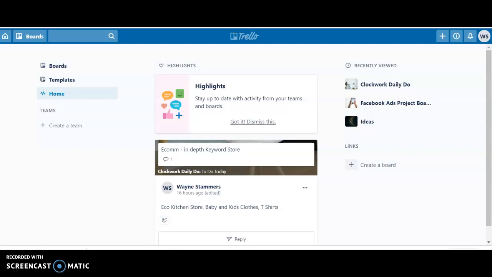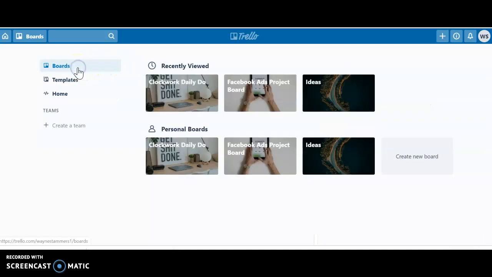So this is the first page you land on with regards to Trello. You can see there's quite a bit happening. There's some highlights here, which is telling you things that you need to do. But the first thing you want to do is jump onto boards, so we can have a look at how